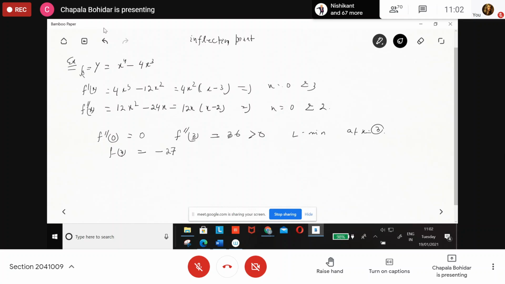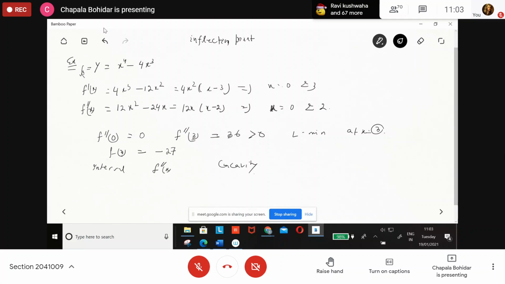When you do the concavity test, what will we do? We have to take the second derivative here and find the values of x. Then we put in the intervals, where we get concave upward and concave downward. So in each interval, we have to write f double dash x, whether it is positive or negative, then the concavity.